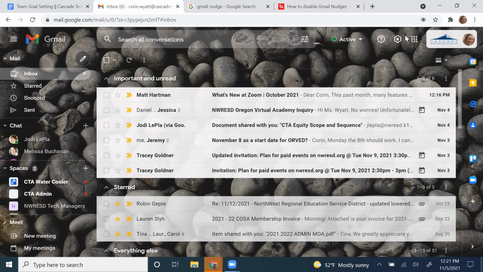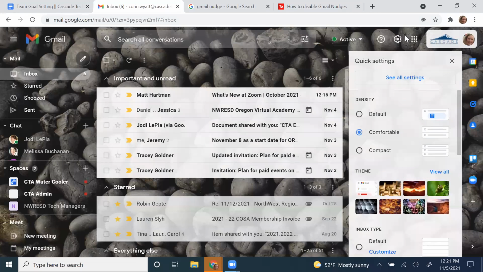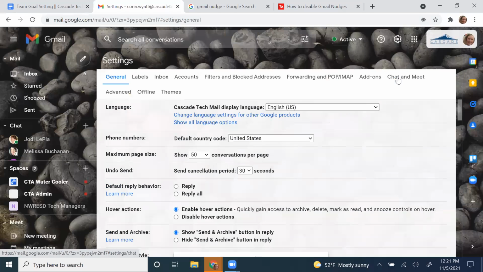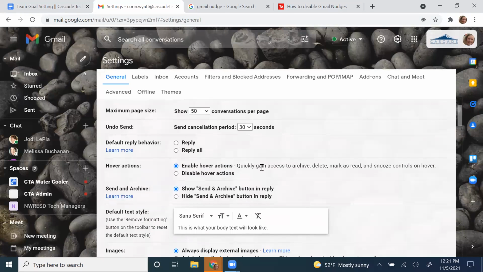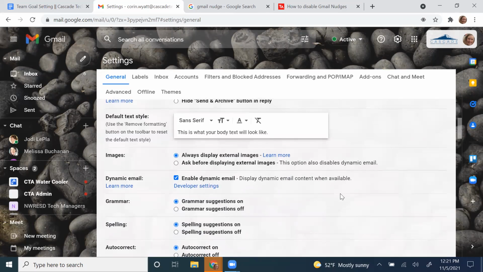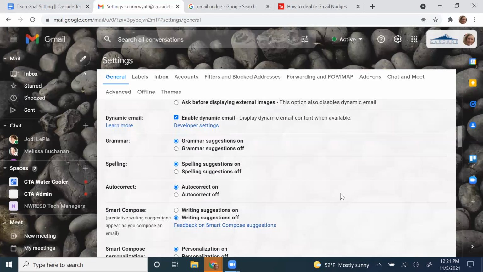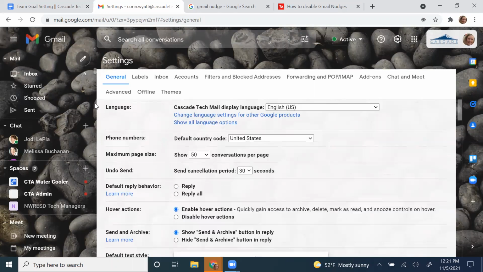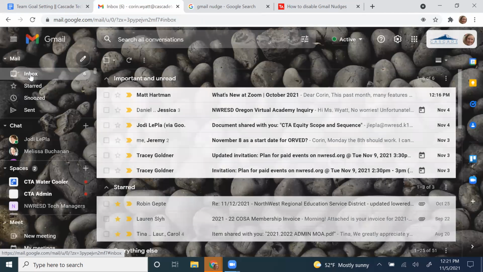I don't want to overwhelm you with that menu, but again, it's right here under the gear, quick settings, and then all settings. And you could just explore this. A lot of it is meant for productivity, and they're really listening to focus groups at Google for sure, and adding features constantly.